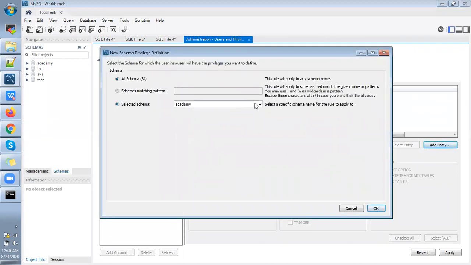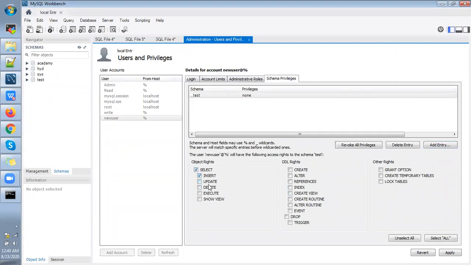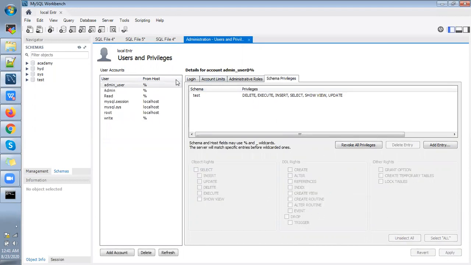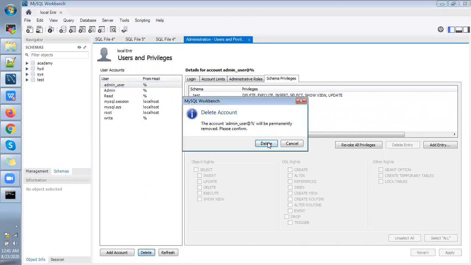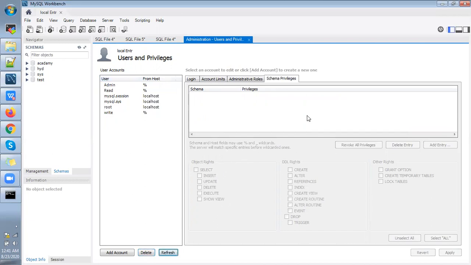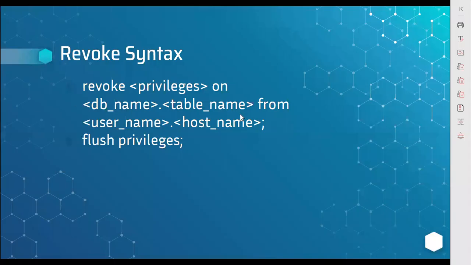Add entry, select the database test, and you can select the privileges you want to give. You can uncheck the privileges you don't need. So I'm just giving like this. So this is how to do user creation in Workbench. And if you want to delete, just click on that specific user and click delete, so that it will be removed from the MySQL database. So this is the end of the MySQL user management session. Hope you guys understood.